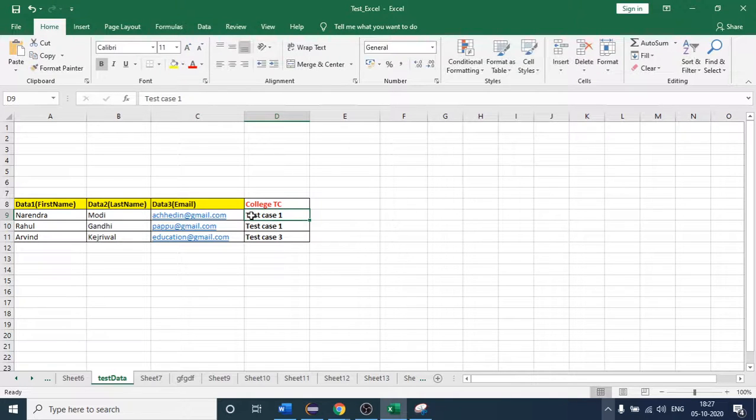So there will be a conflict, because it will print that first row. The test case number should be unique. So we have to be sure while writing our test cases, suppose there is a test case ID 101, to always choose a unique column.